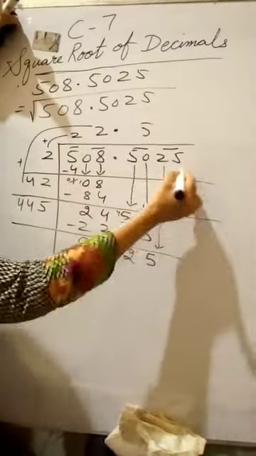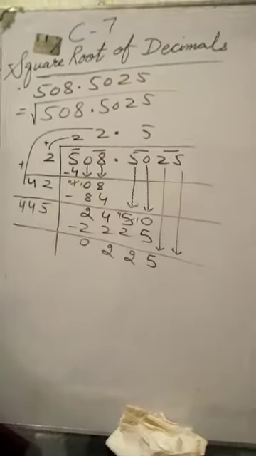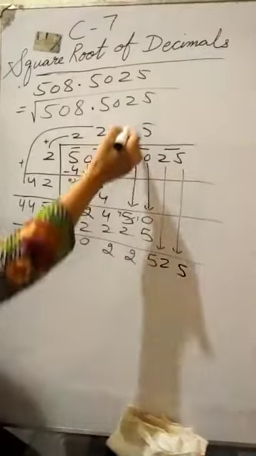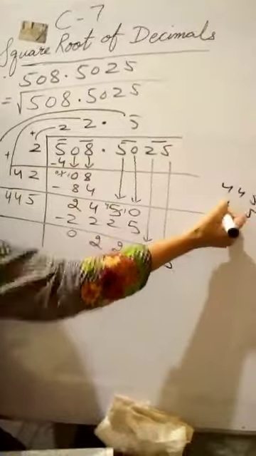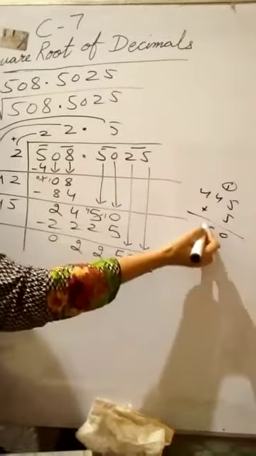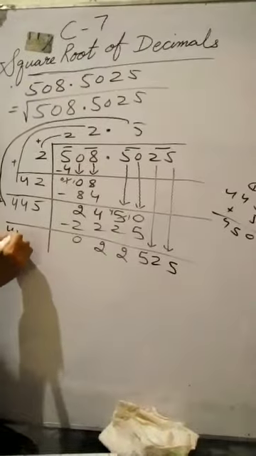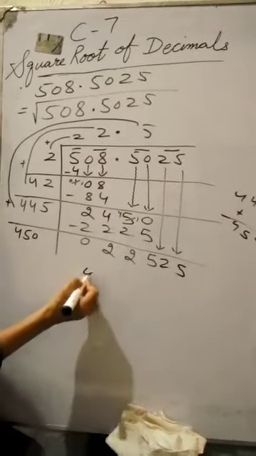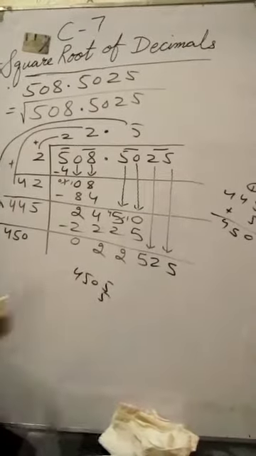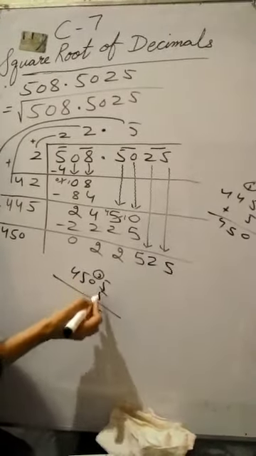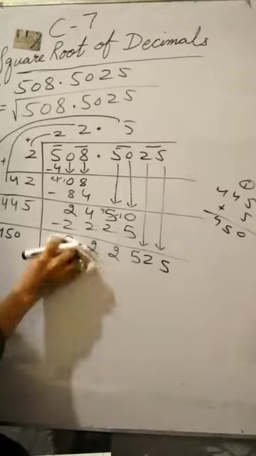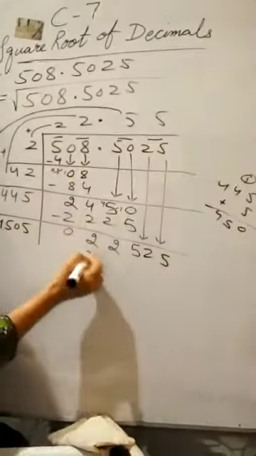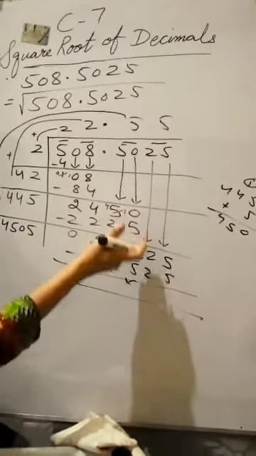Write down the last pair. That will be 25. Now add the previous quotient and the divisor. 445 plus 5. 5 plus 5, 10. 5 and 4. 450. Now check with 450, 0. 5 times 5 is 25, 2 on the carry. 5 0 times 0, 2. 5 times 5 is 25, 2 on the carry. Yes, it's done with 5. So 5 times 5 is 22525 minus, cross, because 5 minus 5, 0, 2 minus 2, 0.